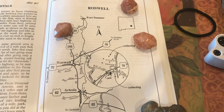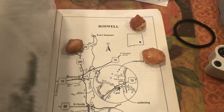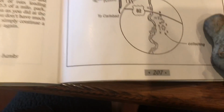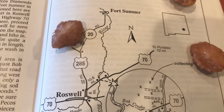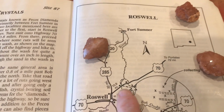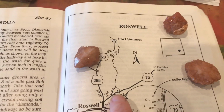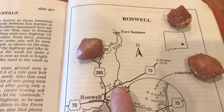This location can be found in the Gem Trails of New Mexico guidebook on page 207. And you get to the location from Roswell by taking 70 east. And after you cross over the Pecos River, which is the Bob Crosby Bridge,